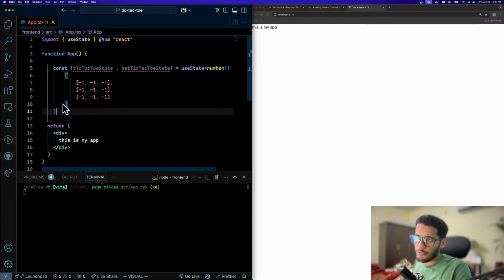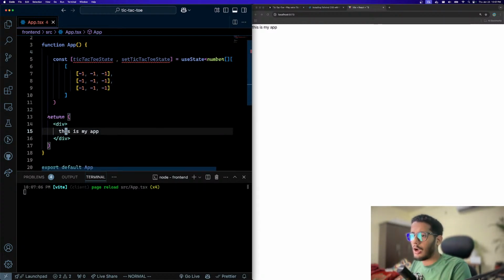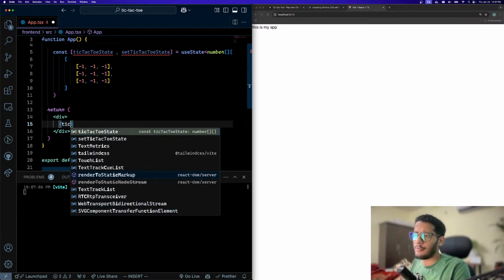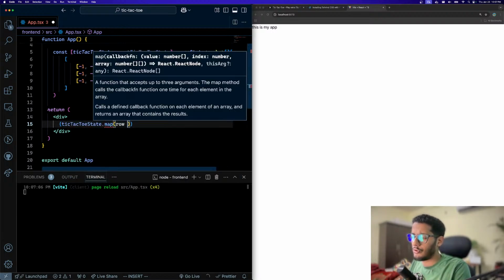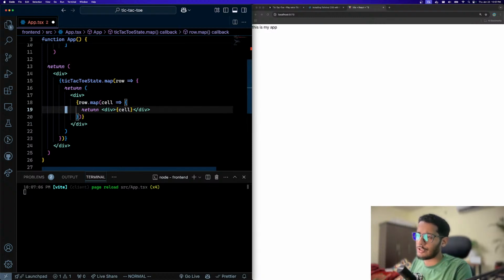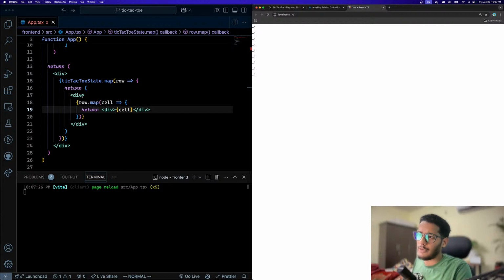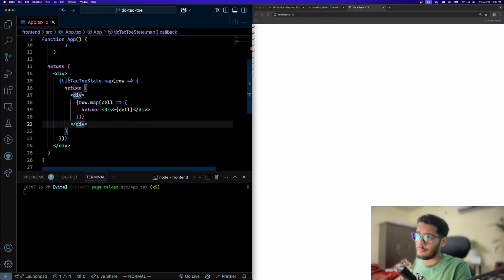Now what we have to do is render this tic-tac-toe whatever we have over here. How are we gonna render this? That shouldn't be too hard. Tic-tac-toe dot map, and then row, and then we could have row index. I don't know if we need that or not, but that's pretty much it. We need a cell, and you can see we are rendering this like this, but again we will be applying some